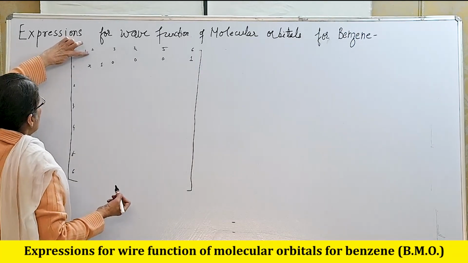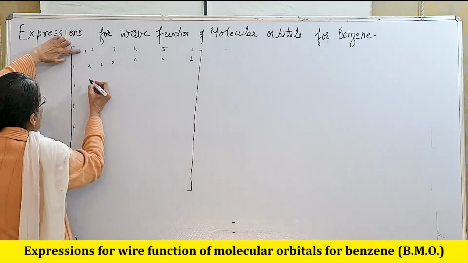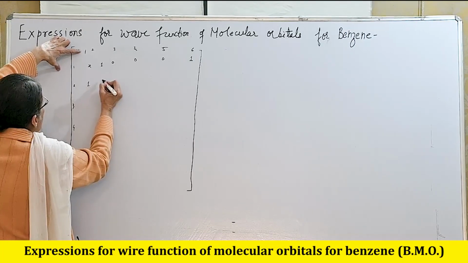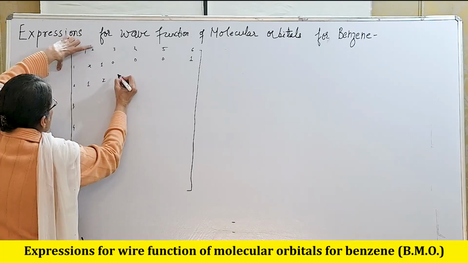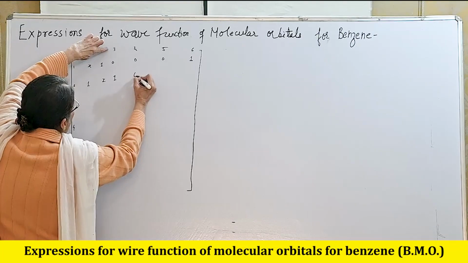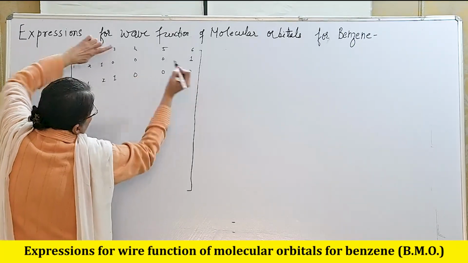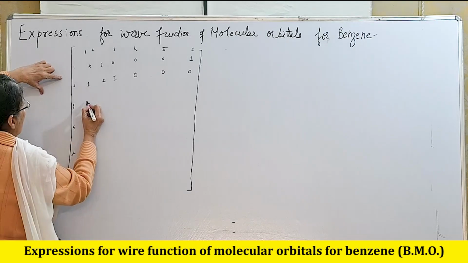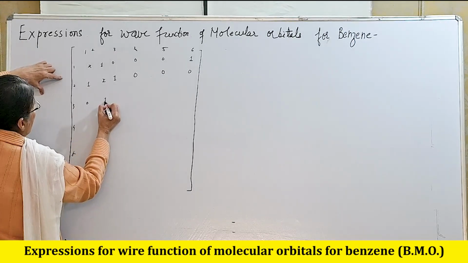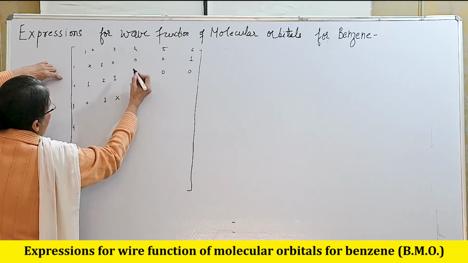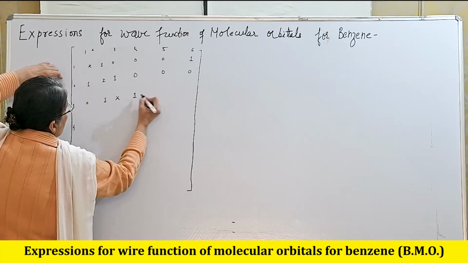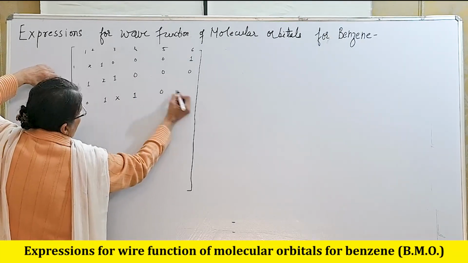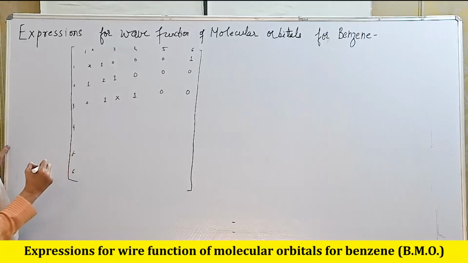Similarly 2 1 is 1 and bonded, 2 2 is x, 2 3 bonded, 2 4 not bonded, 2 5 not bonded and 2 6 not bonded. 1 3 not bonded 0, 2 3 bonded, 3 3 x and 3 4 bonded, 3 5 not bonded, 3 6 not bonded. Similarly, now we take 4,